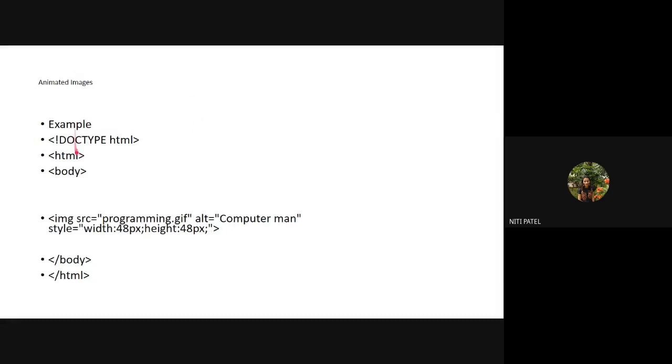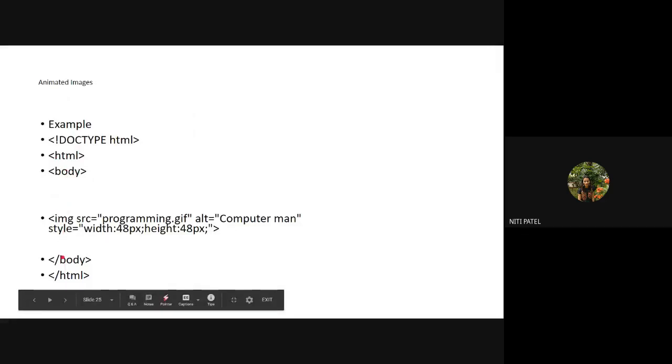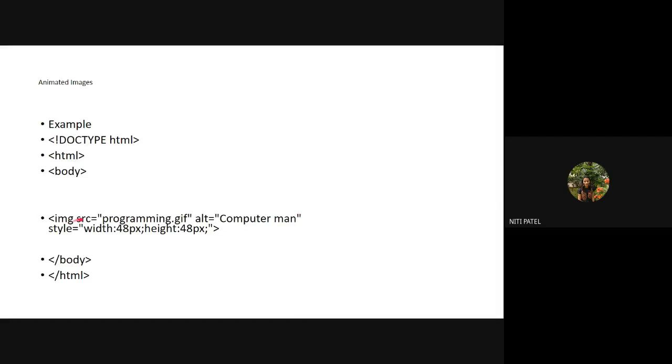See, I have html open, html close, body open, body close. What I want to put is an animated image. So what type of tag do I have to use? An image tag. Which attribute allows me to put the name of an image? SRC. What is this programming.gif?